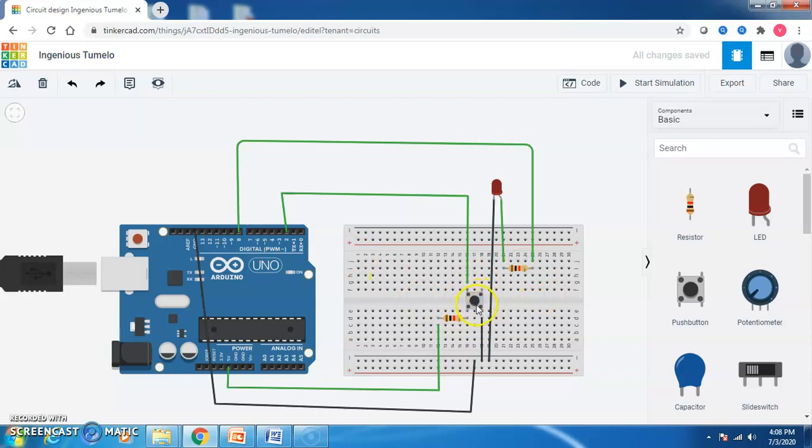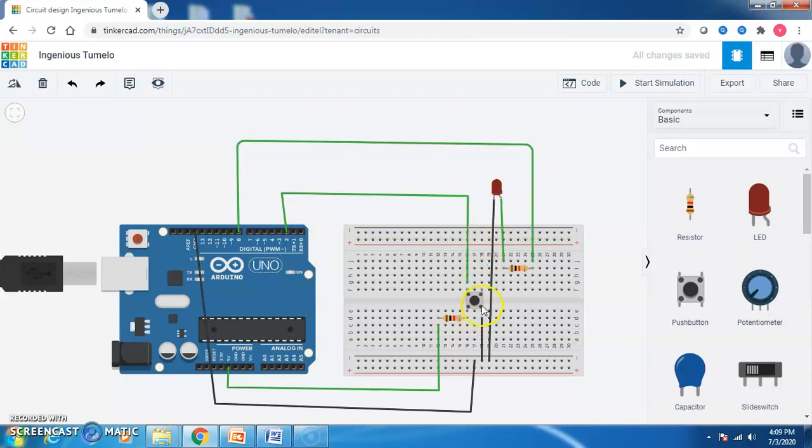Coming to the push button, the push button is going to have 4 legs, but among the 4 legs we need to make the connection only for 3 legs. One leg I have connected to the 5 volts with the help of a resistor, and the other leg I have connected to ground, where I have taken a common ground connection. And the other leg of the push button I have connected to the second pin in your Arduino Uno board. So I have completed the connections of the push button and LED.